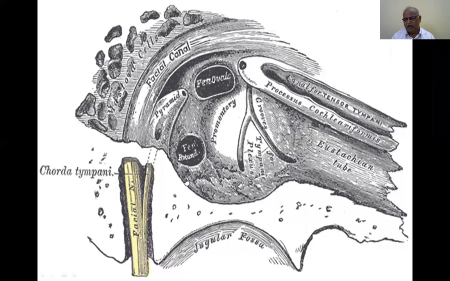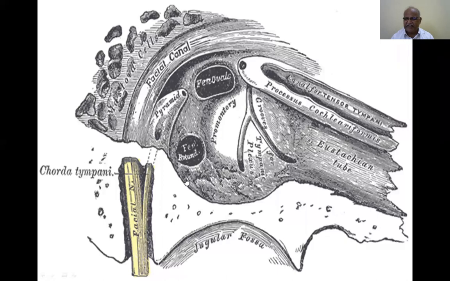Earache is the most common thing. The very majority of patients come to you with pain in the ear. The earache has a wide variety of origins. It can come from the tongue, the anterior two-thirds and the posterior one-third of the tongue. It can come from the tonsil. For example, if the tonsil is involved, the glossopharyngeal nerve may be involved.